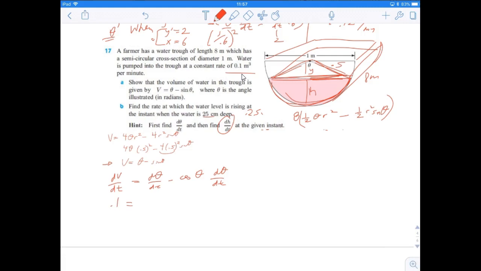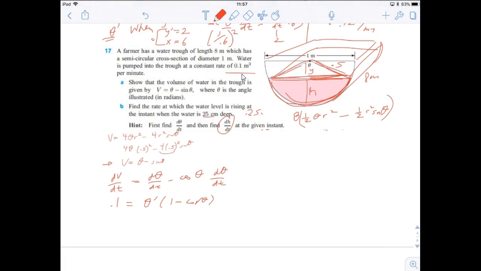d theta dt is what we want to know. Let's factor out d theta dt. So we'll have 1 minus cosine theta. And cosine theta we should be able to figure out using trig, right? So let's see. The cosine of theta,